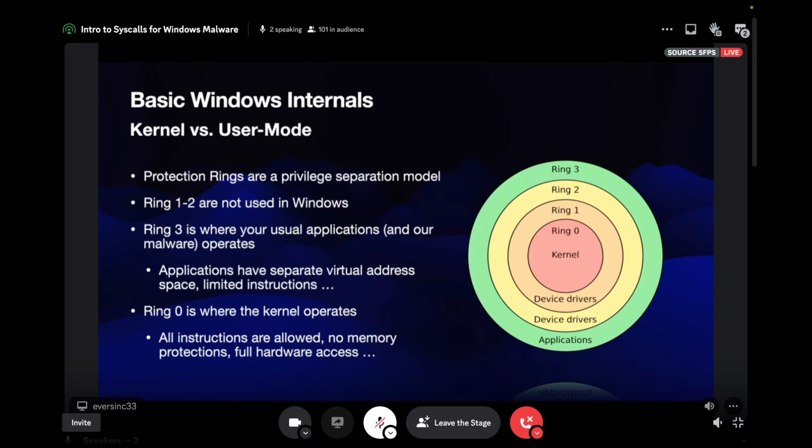Ring 0, however, is where the kernel operates. It's like the Wild West, basically. All instructions are allowed. We don't have any memory protections. It's just one giant address space that is shared by all kernel level applications, and you also have full